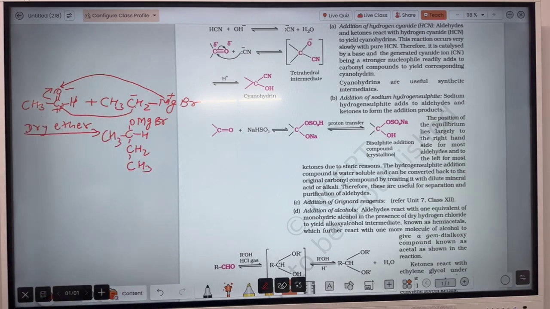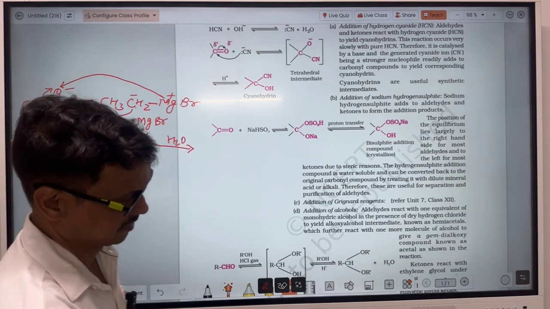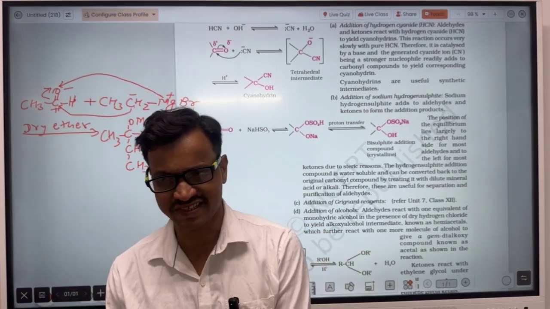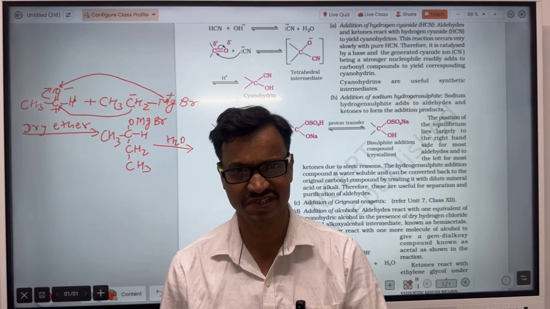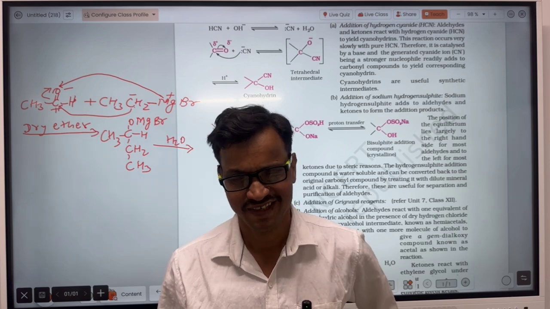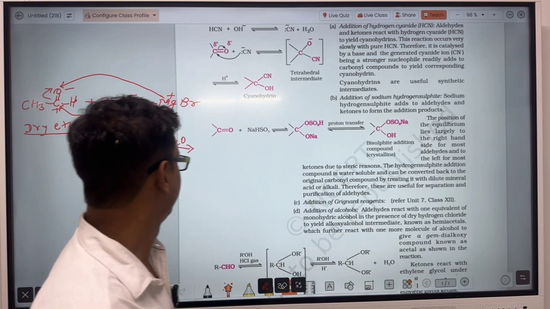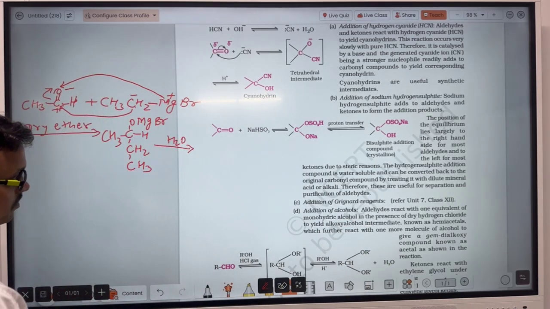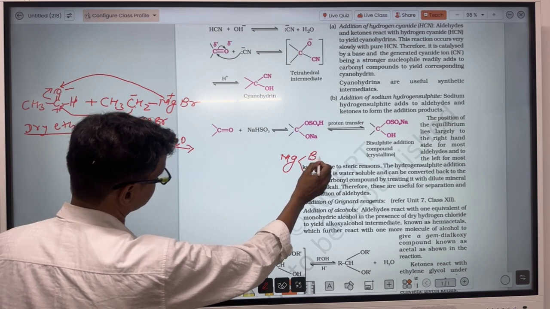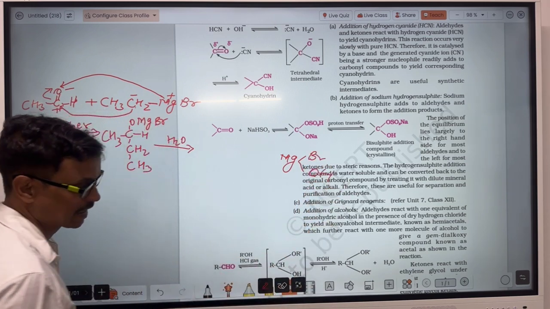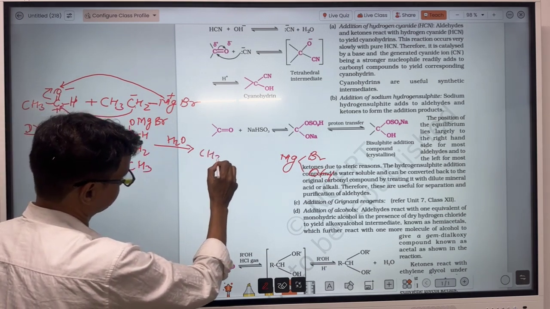Firstly that is formed, and then after it will be treated with water. Water is composed of H plus and the OH minus. Since magnesium is a metal, that means positively charged species, so that will pick the OH minus. So magnesium will combine with this OH, so the one product will be MgBrOH, and hydrogen will bond to this oxygen. So product will be